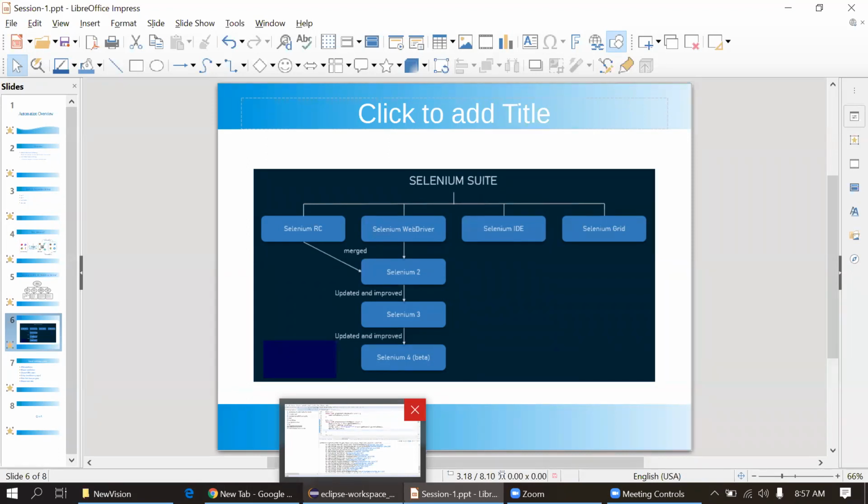It's very lightweight software, so we can use it on any machine. Also we are looking for support from the community or support from the vendor. Here we are getting support from the community, and that's the best thing in Selenium. Any issue we get is resolved within 2 or 3 weeks maximum.